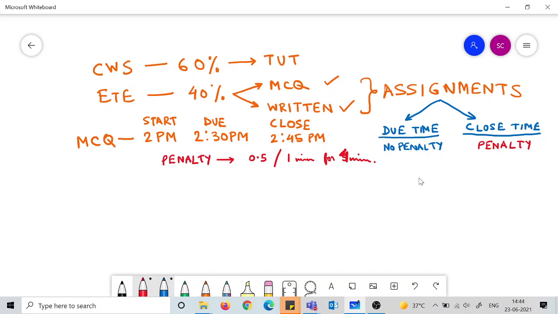So for the first period from 230 to 235 it would be 0.5 marks per minute. After that it would be 1 mark per minute for the next 5 minutes,